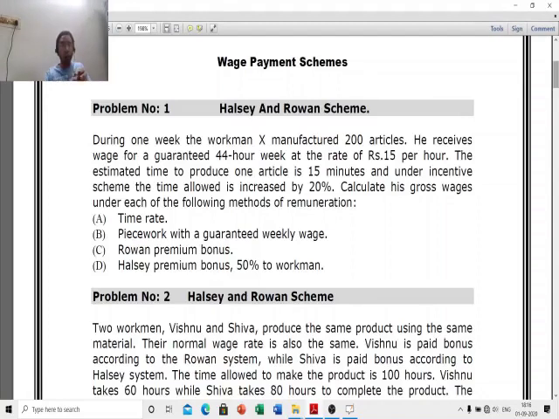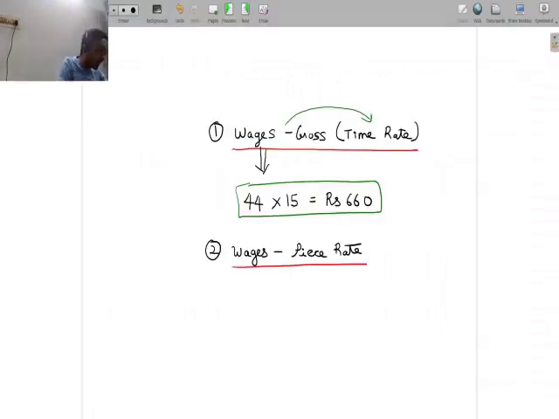We also know that the worker is guaranteed 15 rupees per hour. So indirectly what we are saying is, to manufacture 4 articles, you will be paid 15 rupees. So if 4 articles would get you 15 rupees, then obviously 15 by 4 will tell us the cost or rate for every piece. So let's infer that. The number of pieces is 200, and for every piece you will be paid 15 by 4. 15 by 4 gives us 3.75. 3.75 into 200 gives us rupees 750.